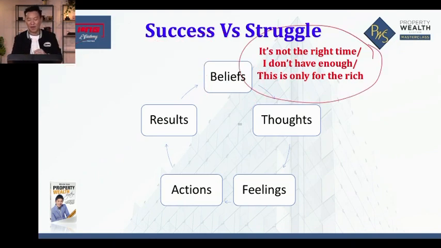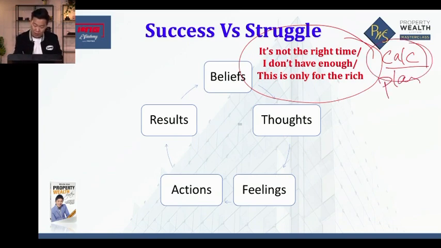I went back and told all my friends, and then everybody told me, now it's not a good time. AFC. Now this is only for the rich. What if you cannot pay? Then I didn't realize. I didn't go back and calculate, which is one of the most important activities in the PWS. Calculate and plan. Very important. And it's done by you yourself. We will guide you and you will plan and calculate for yourself.